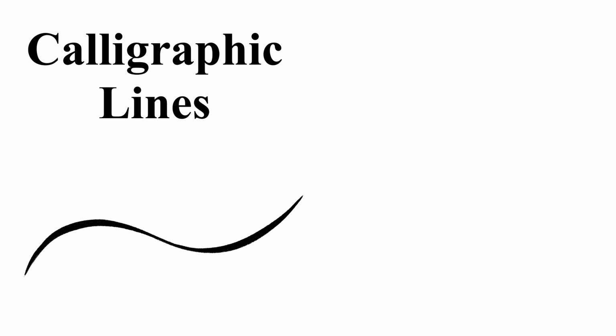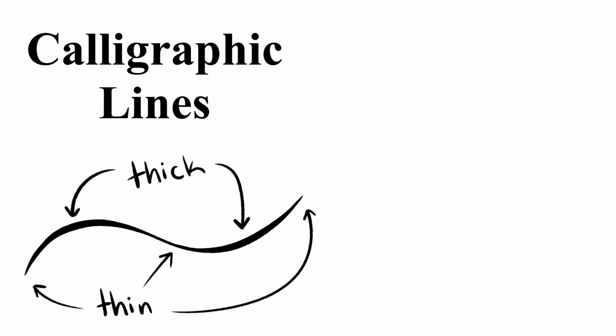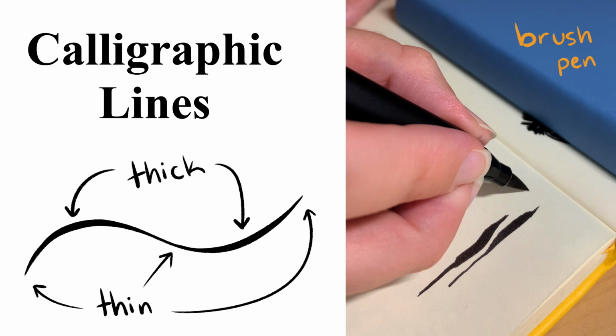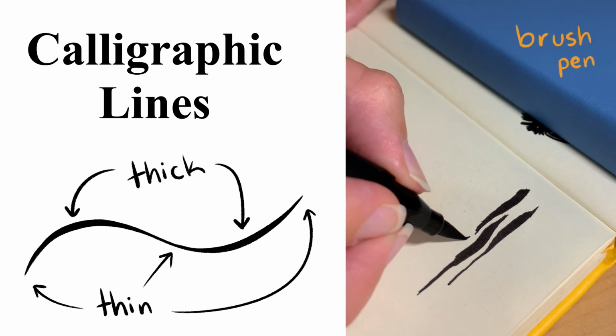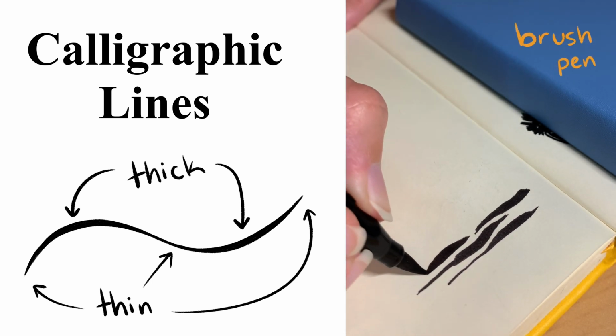Calligraphic lines are lines that have thickness and thinness to them. If you look up calligraphy, you can see some beautiful examples of it used in writing. You can achieve this look by implementing these same ideas into lines. If you have a brush pen or a calligraphy pen, you can use them, but you don't need one to